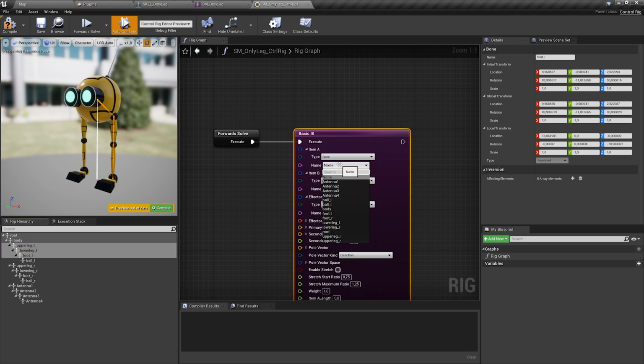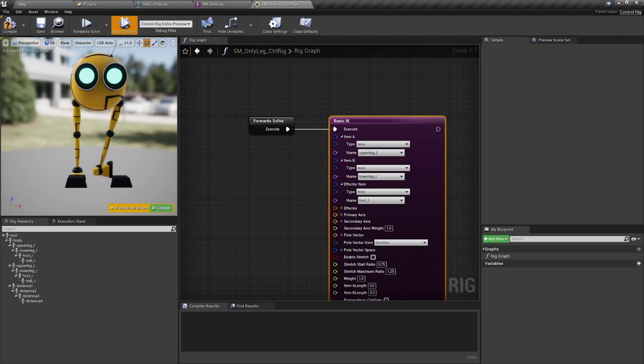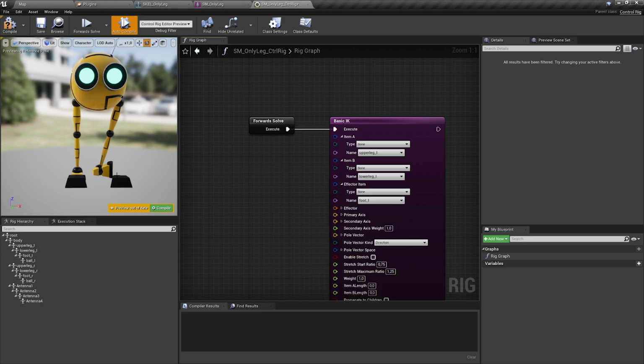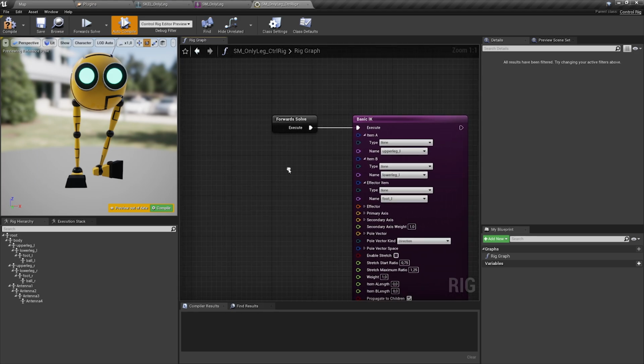And then we will use the left leg. And we will start with the upper leg, and we will go to the lower leg and then to the foot, which are the names I gave to the bones. And then you see an immediate problem. He is blopping to 0, 0, 0. That's the effector position, which is currently zeroed out. So we have to fix that. And then he's losing his feet, but with propagate to children, we fix that.